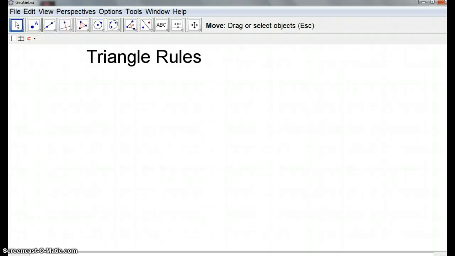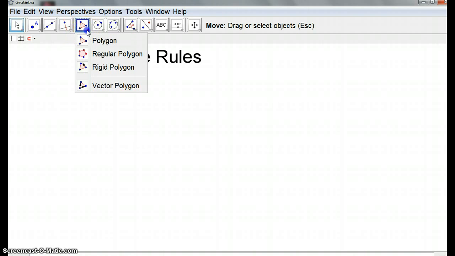Now you'll have to bear with me starting from scratch. The reason I start from scratch is so that you can see the picture being built up and you can understand. So I'm going to start with a triangle,